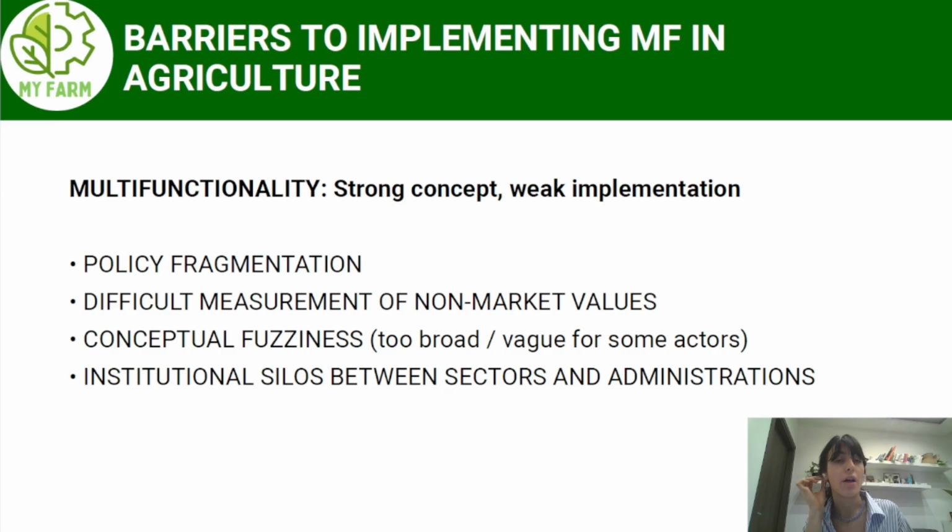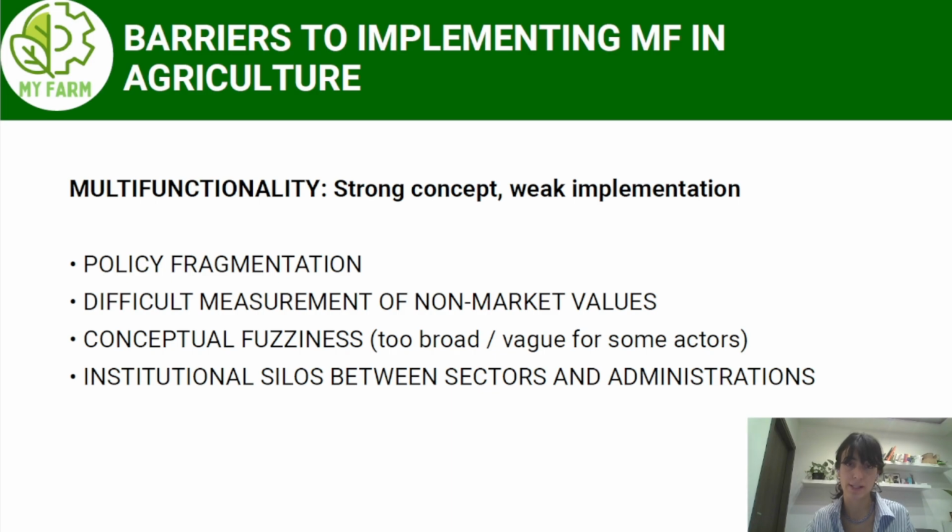Then, finally, there are institutional silos. Agriculture frequently operates separately from sectors like energy, tourism, or nature conservation. This makes cross-sector collaboration difficult, partially because responsibilities are spread across different institutions. So while the potential of multifunctionality is clear, these barriers need to be addressed for the concept to truly